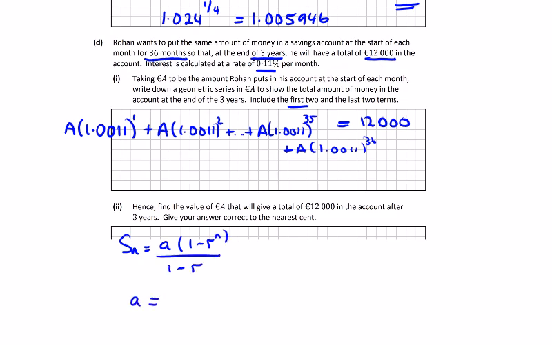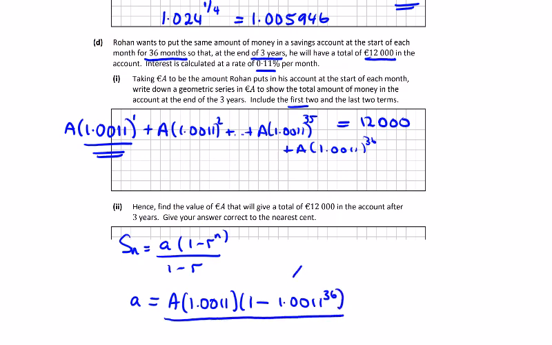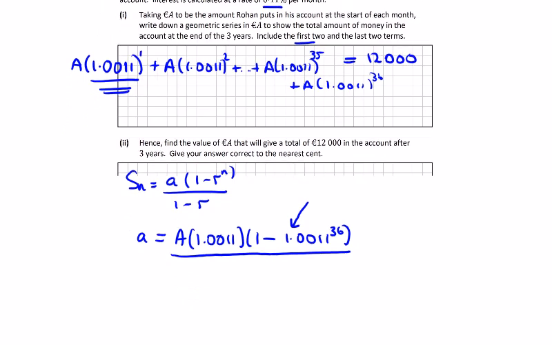A is our first payment. We could factor out a, but let's just leave it in as a times 1.0011. That's a by 1 minus, I have to multiply by this guy every time, the ratio, 1.0011 to the power of 36, and all divided by, you can reverse these around to make them positive if you want, but this is the way the formula is given, 1 minus